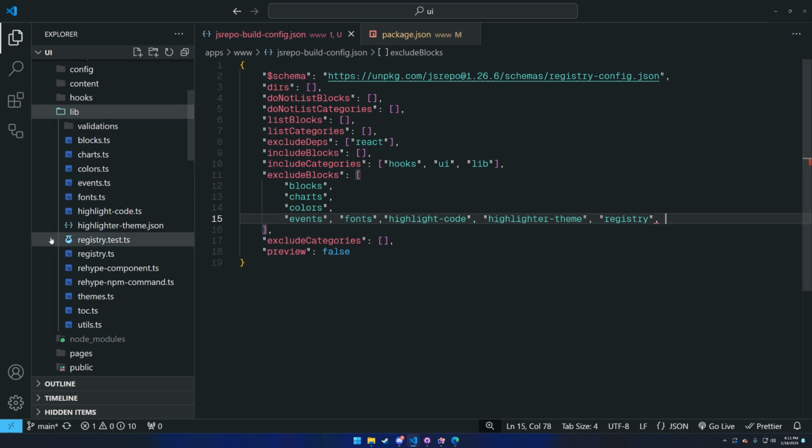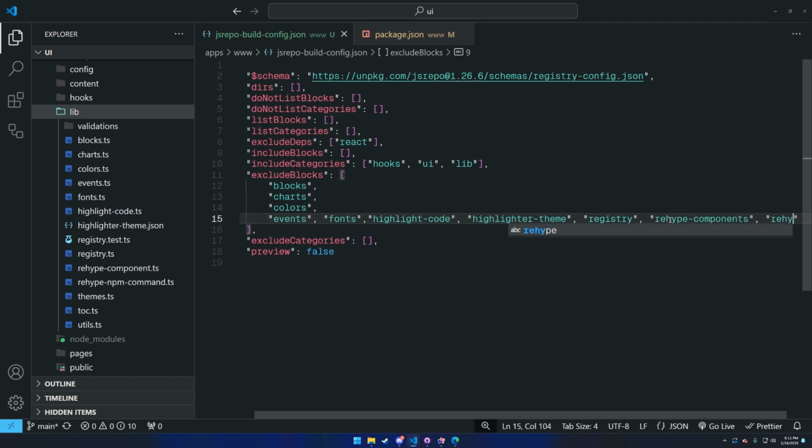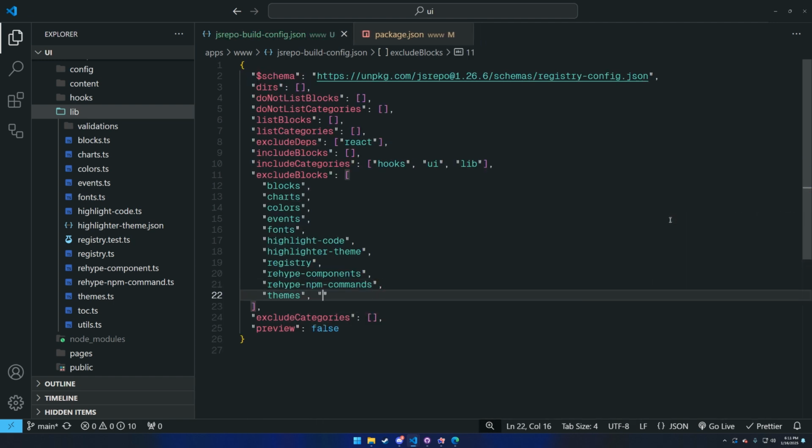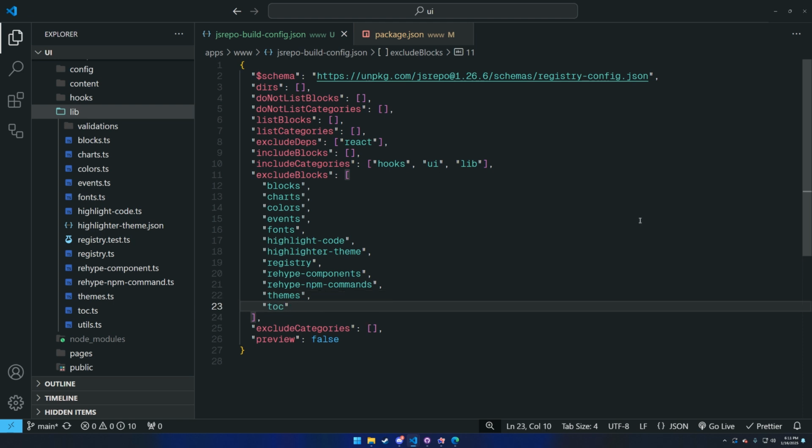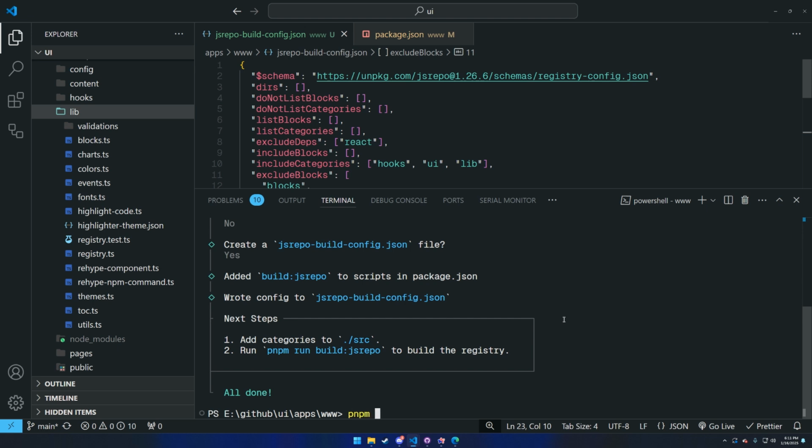And you'll notice here that I'm not going to ignore registry.test and registry, and that's because JS Repo treats these as the same block, so we don't need to ignore both of them. Okay, so now we have all of our blocks excluded, and if I go in here and I say pm build JS Repo